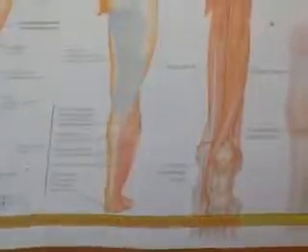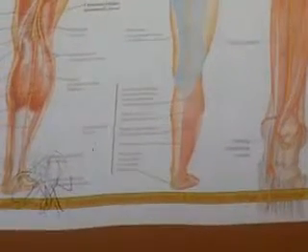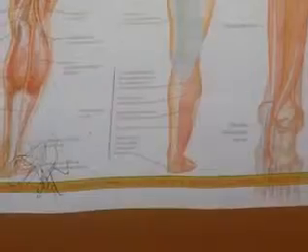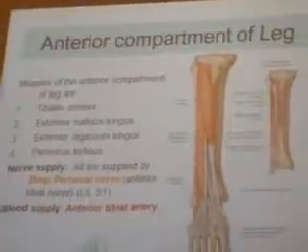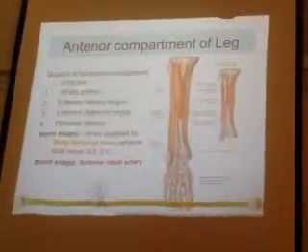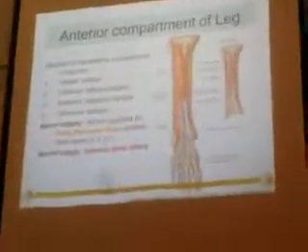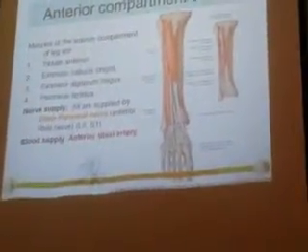So what is the termination site of the common peroneal nerve? We'll talk about that. Still we are in the posterior compartment and the tibial nerve. Coming to the anterior compartment. In the posterior compartment, I said there is superficial and deep. Superficial has 3 muscles, and the deep has 4 muscles, 7 muscles totally. Coming to the anterior compartment, there are only 4 muscles, so they are fewer.